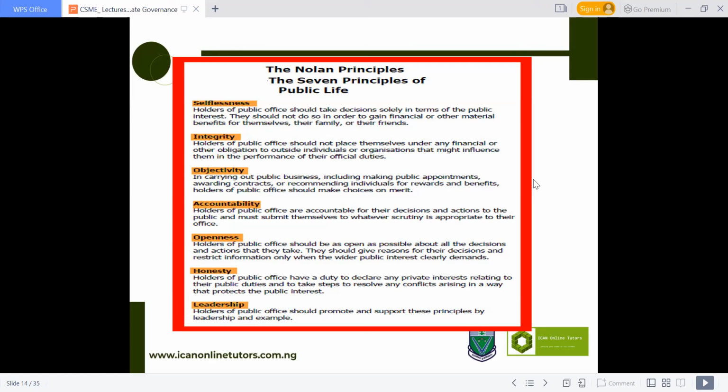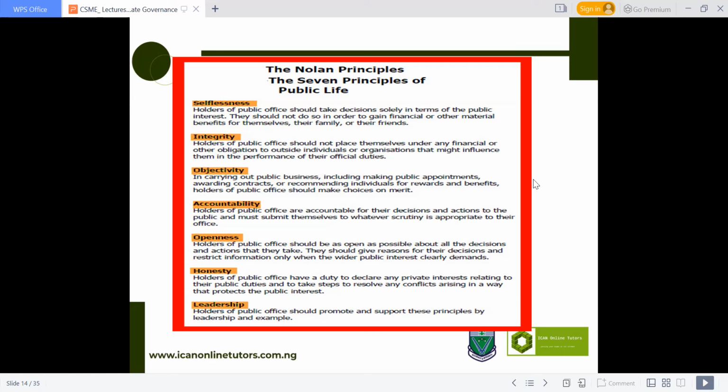In the exam, the examiner may not make mention of the Nolan principle. But once the question is saying theory of public life, please don't forget this one. Just note it down. Once the examiner is asking you to explain the theory of public life, it is referring to the Nolan principle. Because there are some diets, if you check the PDF of this particular material that I sent to you,